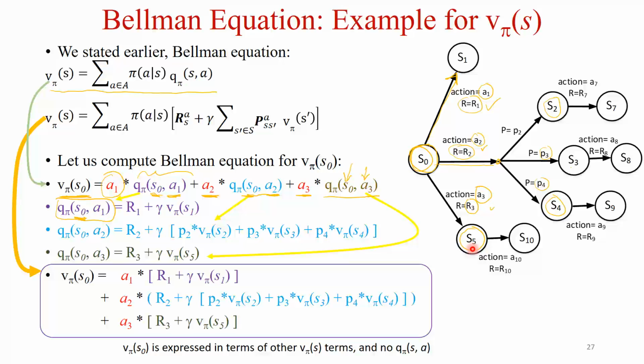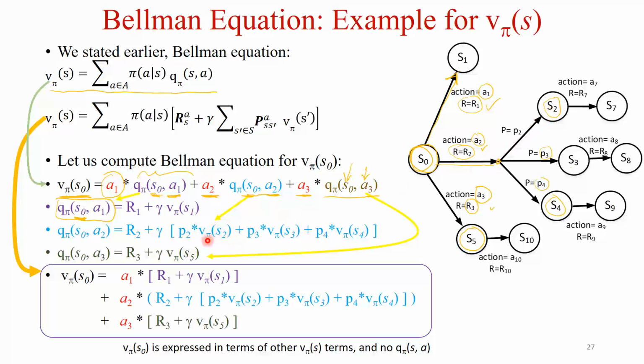Now it gets a little more interesting here, because my next state has a probability. So the action value function when leaving S0 using action A2 equals the return R2, which is right here, plus a discount factor multiplied by